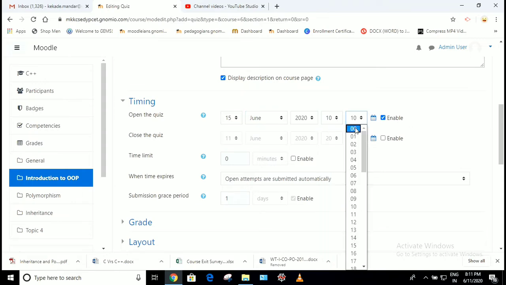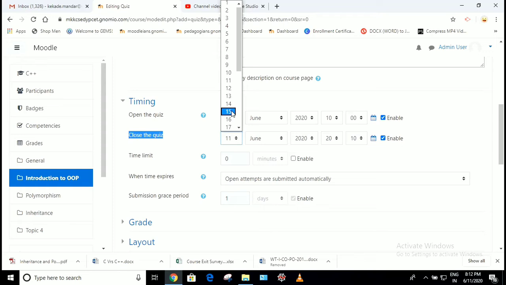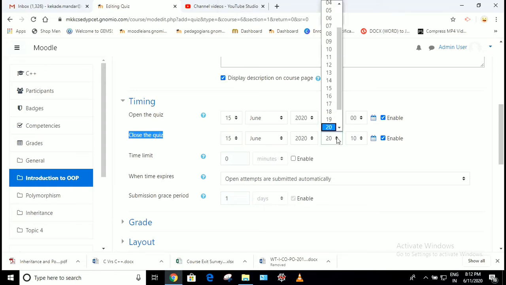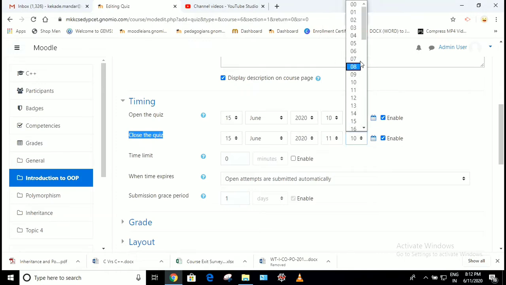On 15th of June 2020, my test should be open at 10 a.m. Okay. Here there is a second option, that is close the quiz, meaning when we want to close the quiz. So enable this. I want to close the quiz on the same day, 15th of June 2020, at 11 o'clock in the morning.